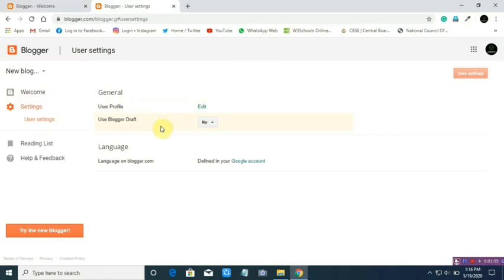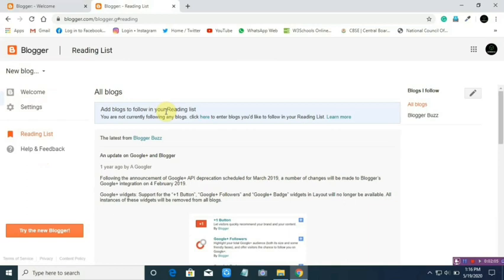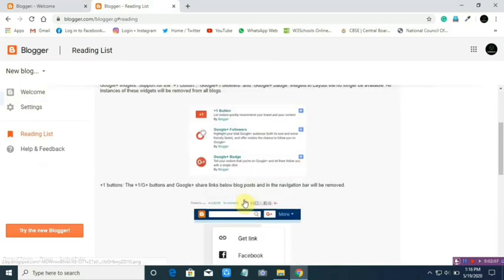Reading list means you can read all the profiles or articles you have followed.